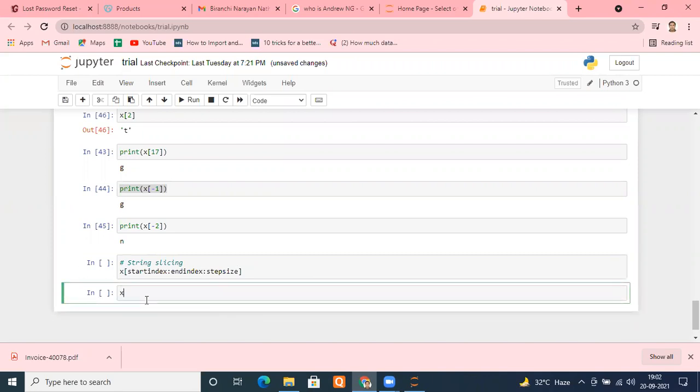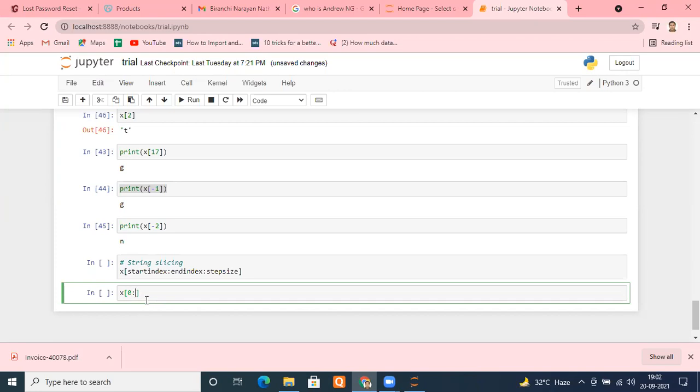So I'm using X, and as I told you, understand. Start index: suppose I put 0. I want to start from 0, and I need, suppose, 3 characters from the beginning. So can you tell me what the end index can be?